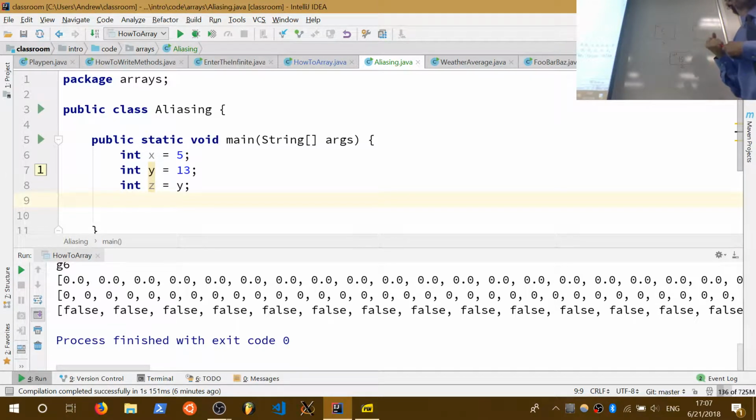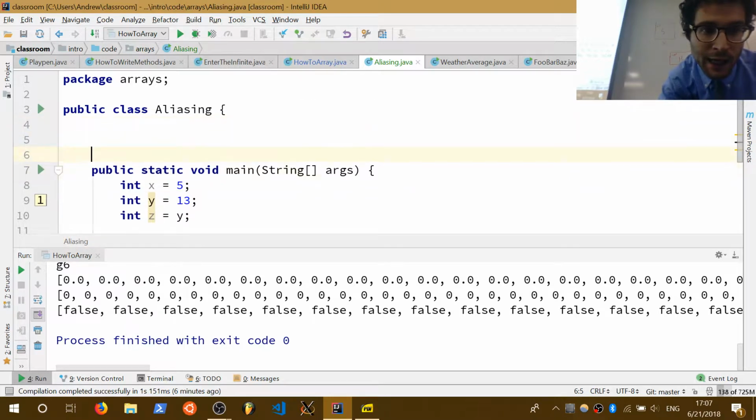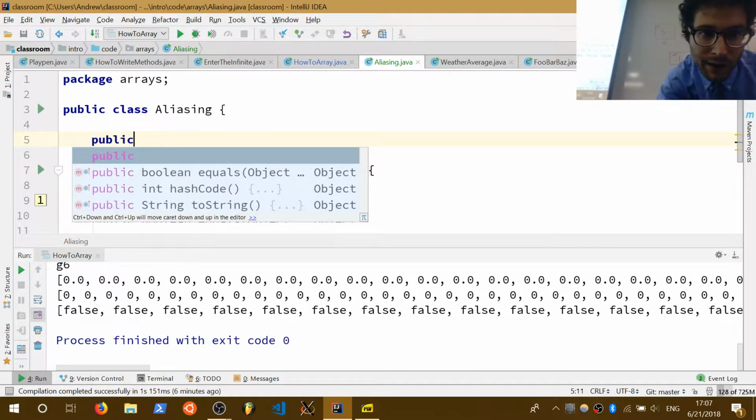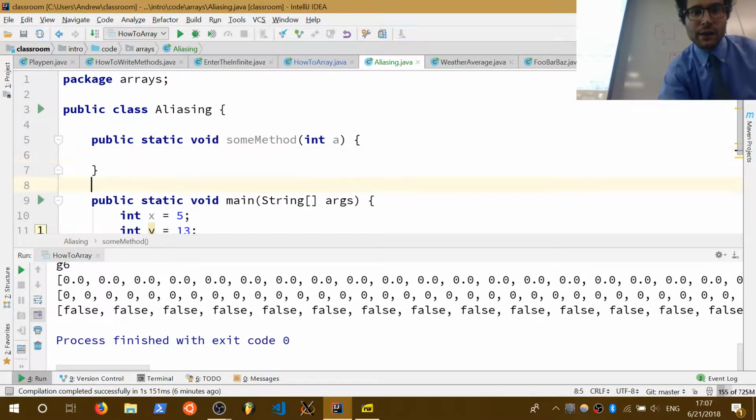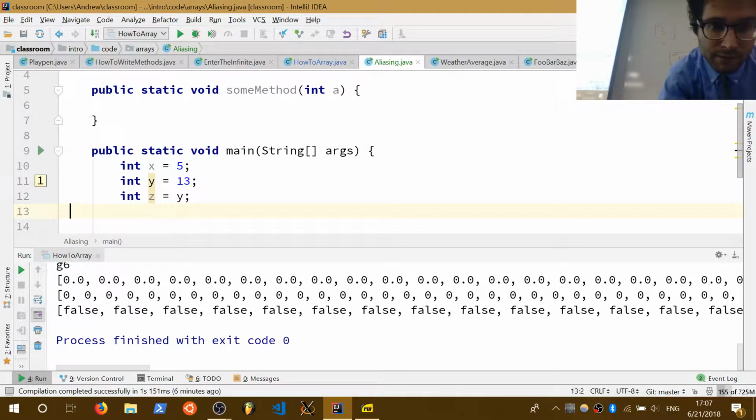And I've mentioned this is what happens with parameters as well, right? If I have a public static void sum method, which takes in some integer a, and I were to call some method,